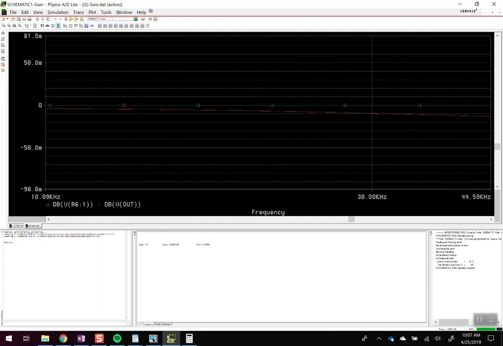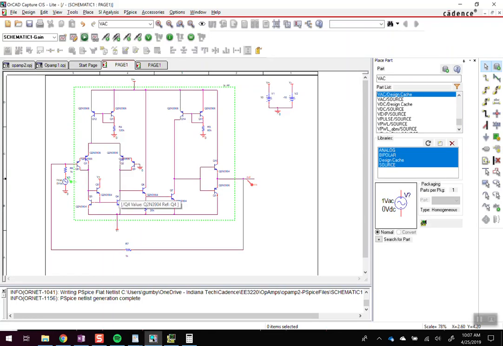So what that's telling me is my gain bandwidth product for this is actually much lower than 30 kilohertz. That means this design has a terrible gain bandwidth product. And again, this is just a generic, simple op-amp design. Even a 741, which is just a mediocre op-amp, has a gain bandwidth of 1 megahertz. So we're not even in the hundreds of kilohertz range on this. But that's something else you could look into: when you convert yours to an MPN design, what is